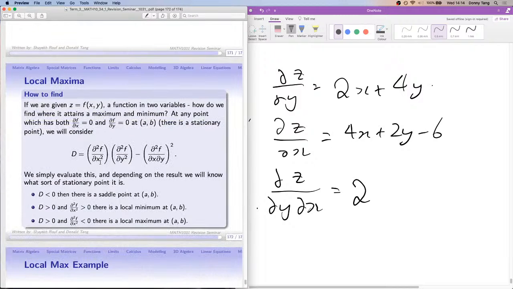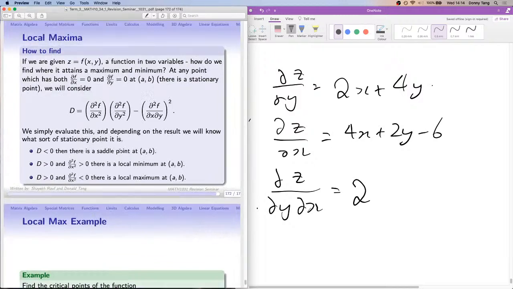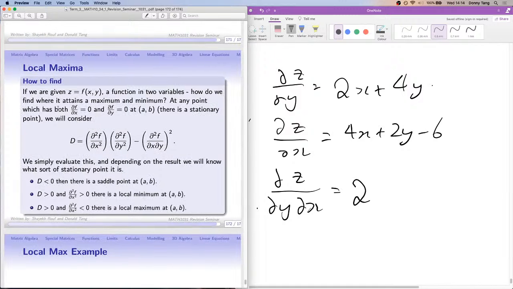All right, so critical points. This is our very, very final slide of content. If we are given z equals f(x,y), a function in two variables, how do we find where it attains a maximum and a minimum? At any point where both partial derivatives are equal to 0,